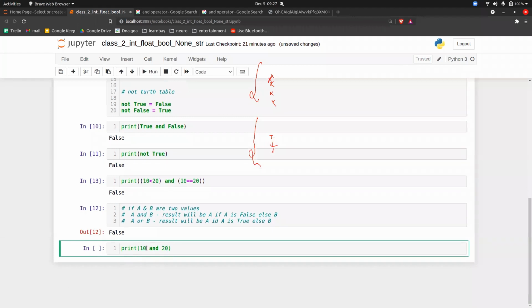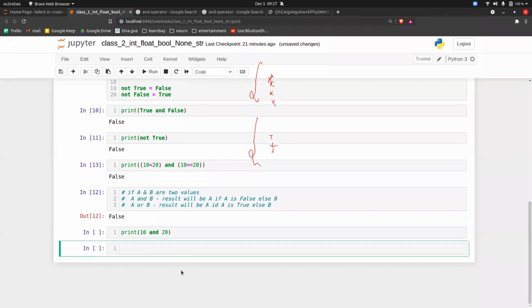Now, the first confusion that you will have is how to judge whether 10 is false or true, and on the same case, whether 20 is false or true. So remember this, guys. This is the universal thing. If it is an integer value, 0 is false, and the rest is true.